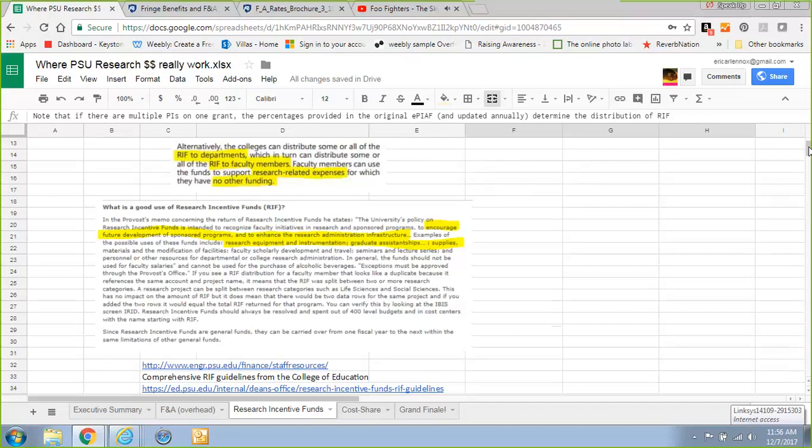And also, obviously, you're going to have wear and tear on equipment and equipment that breaks. So it's important that faculty have this means of getting a nest egg of unrestricted funds that they can prepare for those rainy days. And graduate students' assistantships are also a great idea of what unrestricted funds can be used for, because